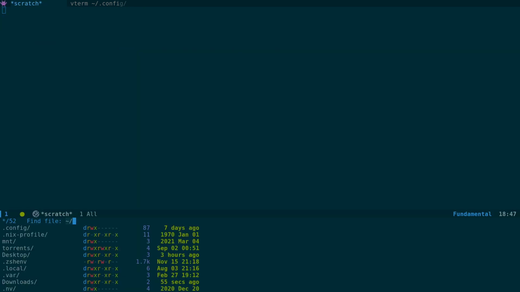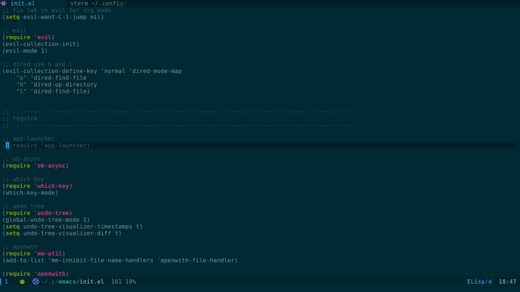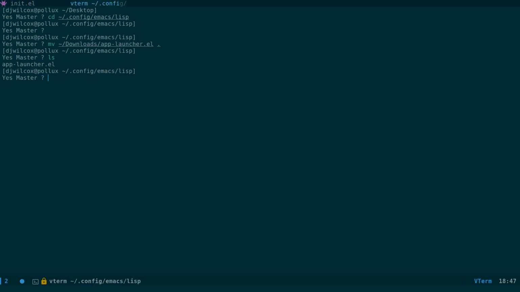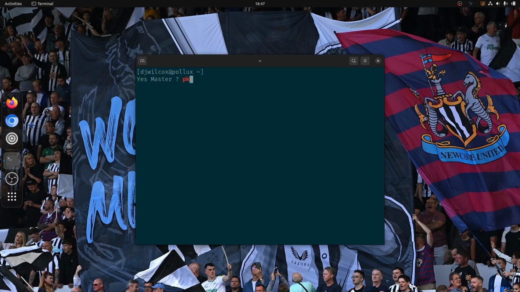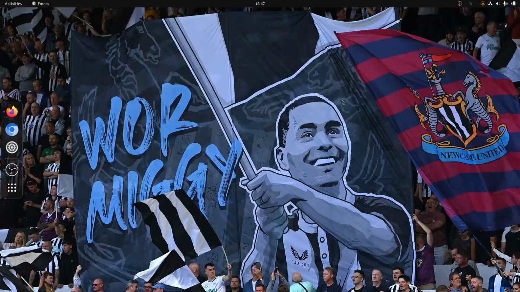The next step is to actually configure the package. So .config/emacs/init.el, and all we need to do is require app-launcher. Now what I'm going to do is just kill Emacs and restart it, because I've configured the Lisp directory and I just want to make sure everything's all working. Okay,